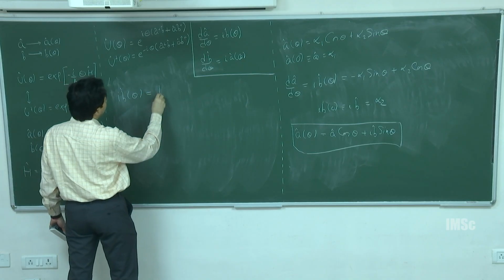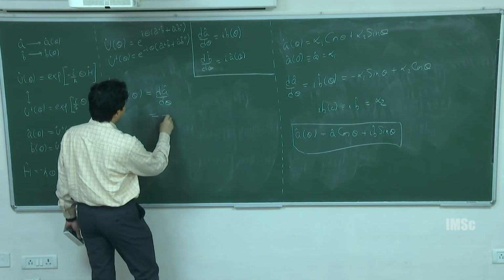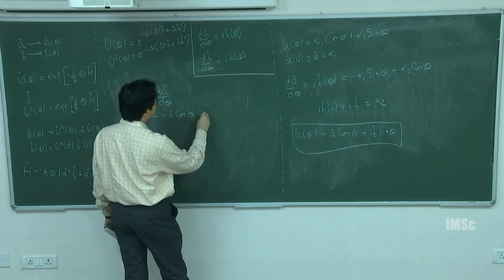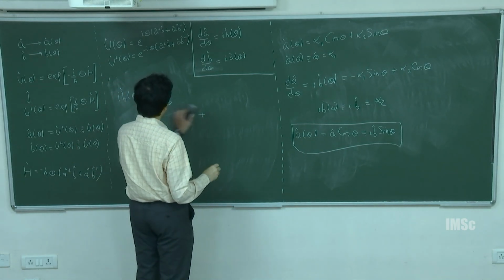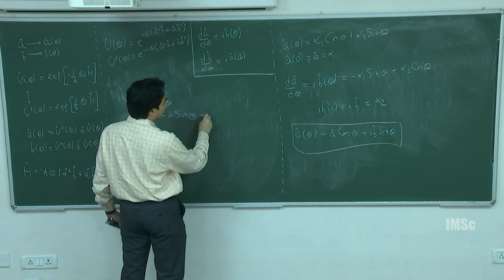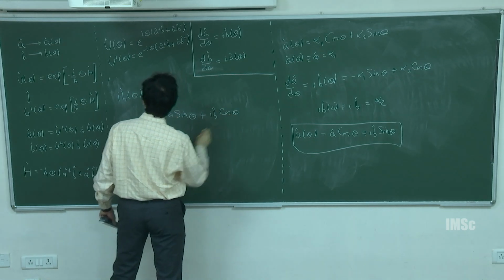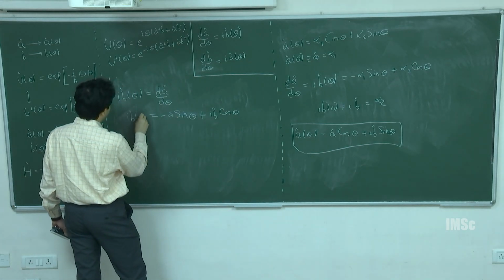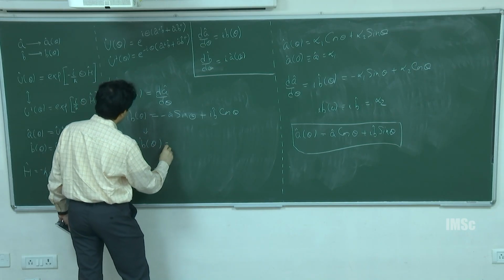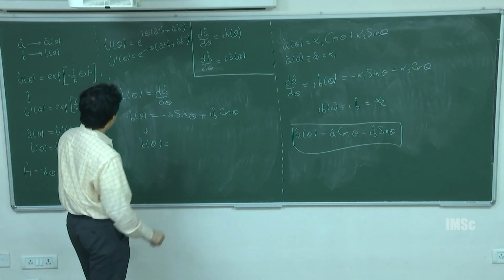I B of theta is dA by d theta, which is minus A cos theta. Oh, I'm sorry, A sin theta, which means, so, I A